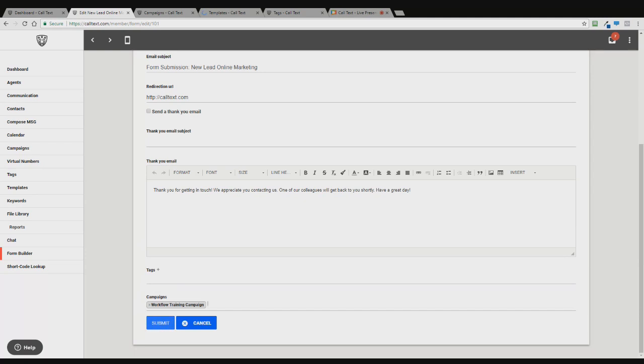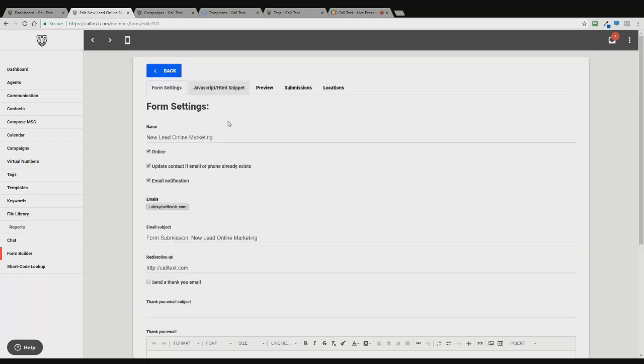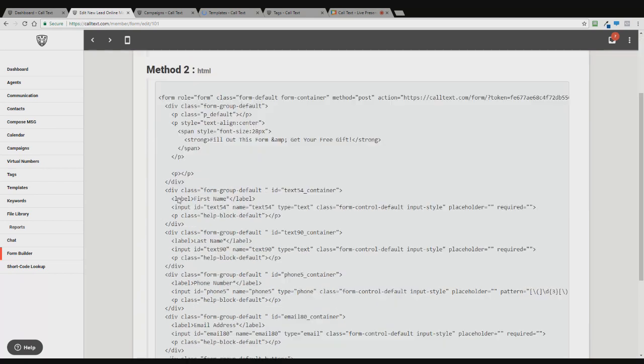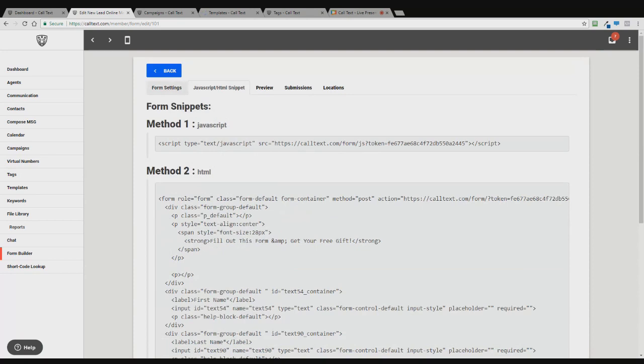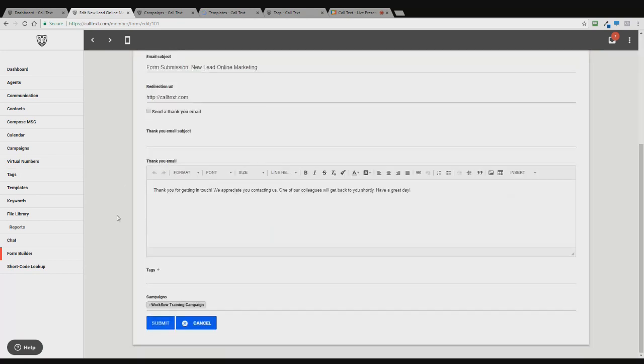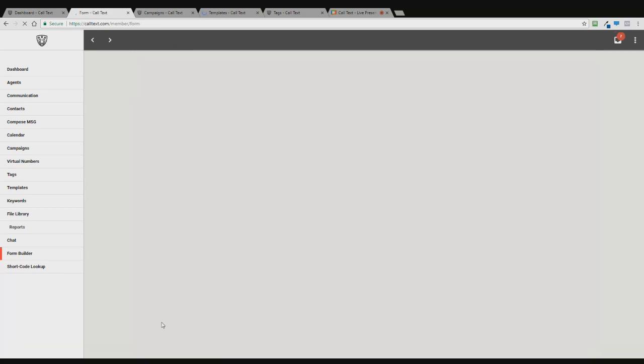Oh, actually, before I do that, let me go ahead and grab the link for that form. So I'm going to go ahead and grab that link. Then I'm going to go back to form settings. And I'm going to hit submit. And so now when I come over here and I go to that form,